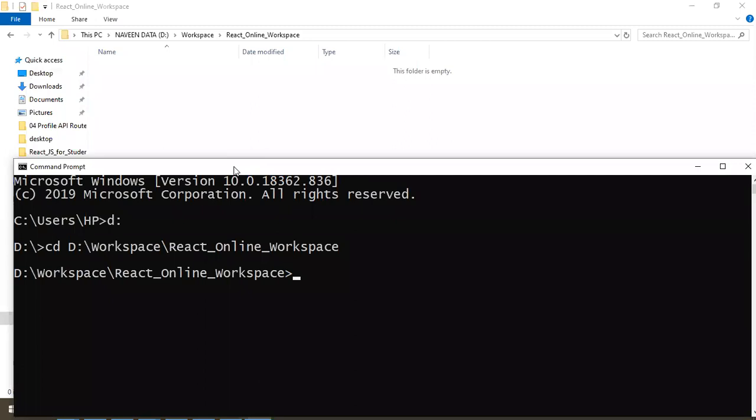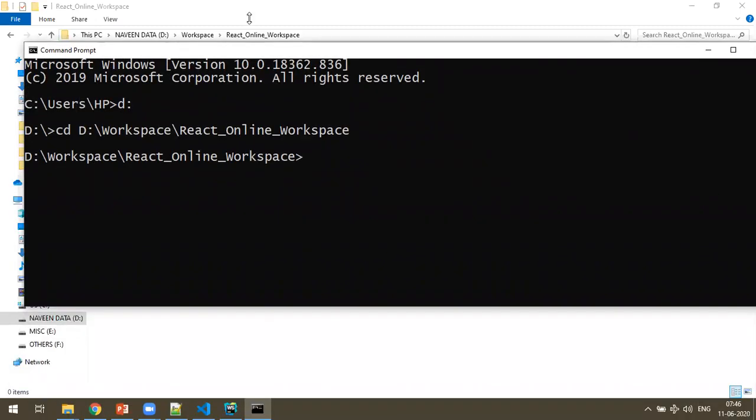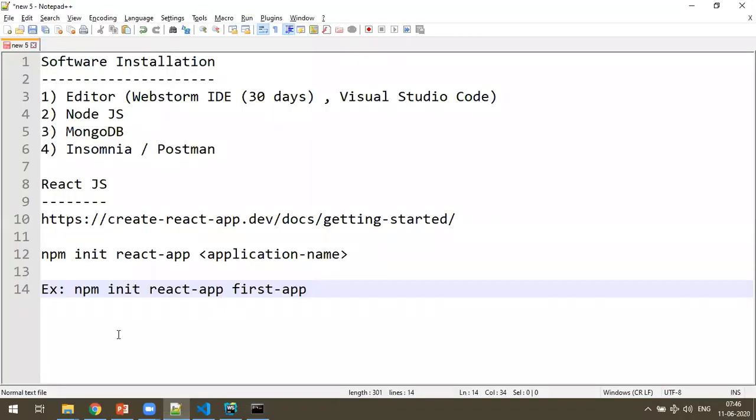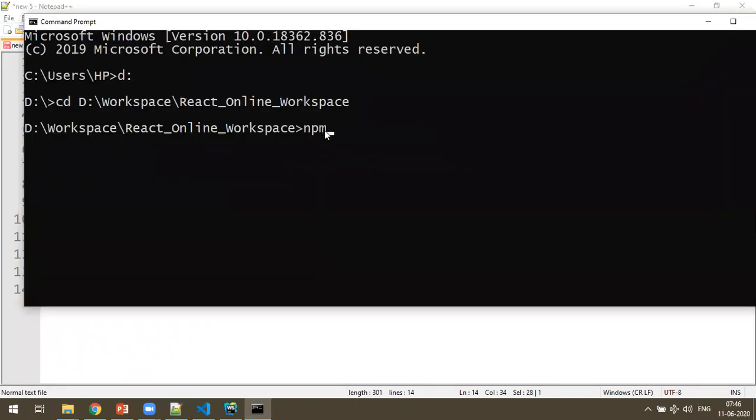The command you have to type is npm init react-app first-app. Let me type that: npm init, space, react-app is the command, and first-app is my application name. Just press enter.